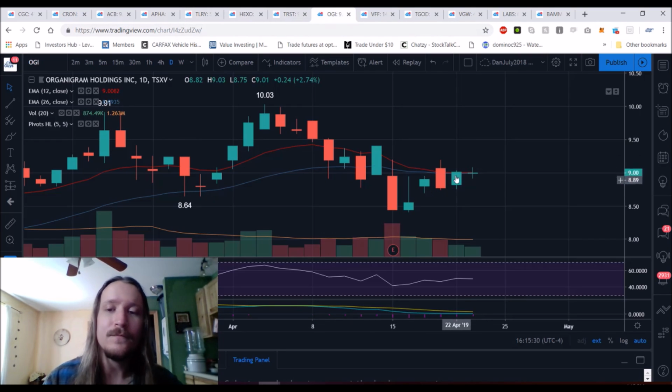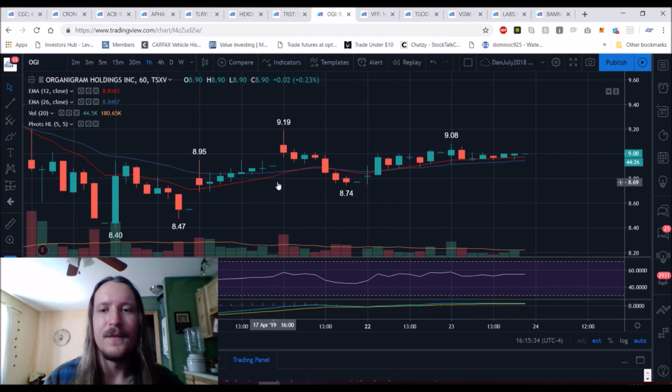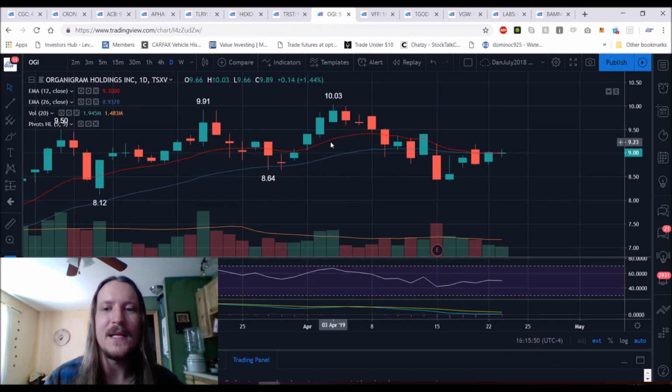OGI broke the high of yesterday but didn't get a whole lot of follow through. So we can see short-term support. I'm looking at 894, 891, 889. There are a bunch of support levels mixed in there. And clear resistance is 908 and 919. So not a daily inside bar pattern,